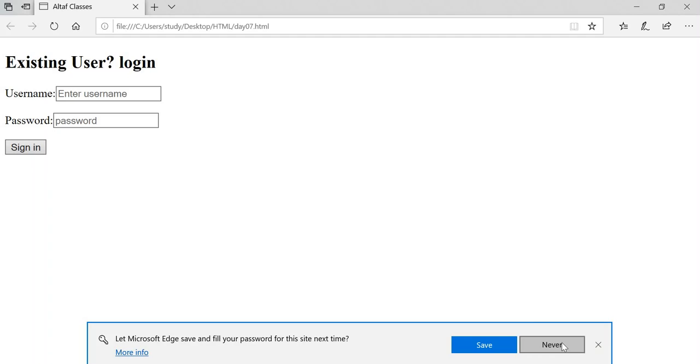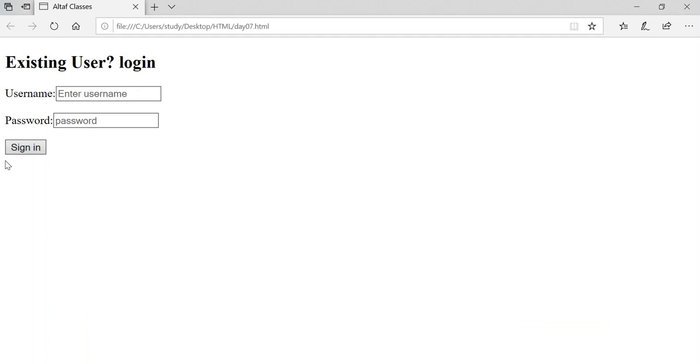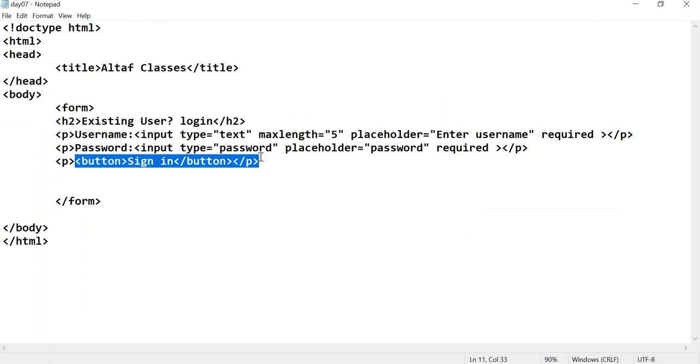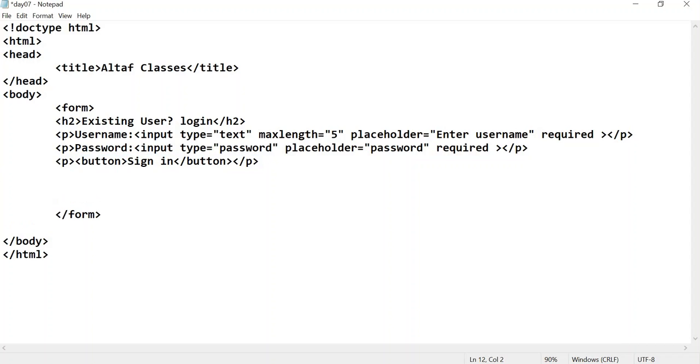Now I wanted a button for forgot password. How do I do it? So let's see how to do that. For that there is a tag, button: button opening tag, button closing tag.